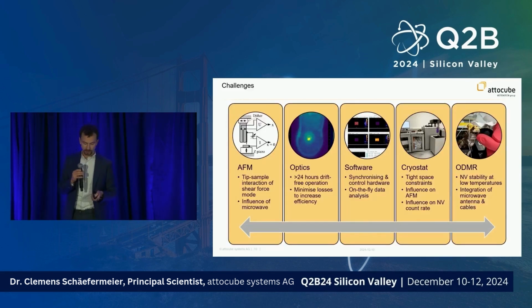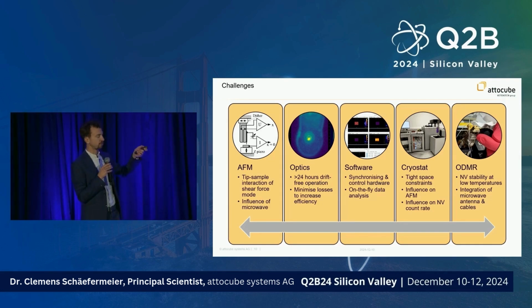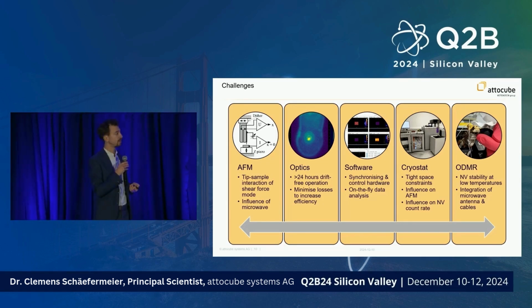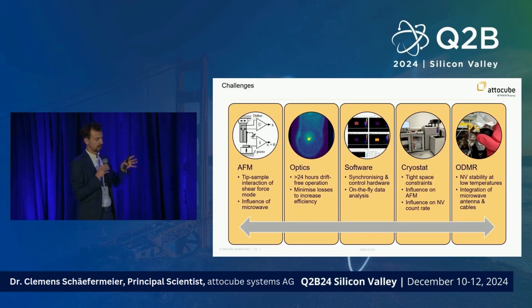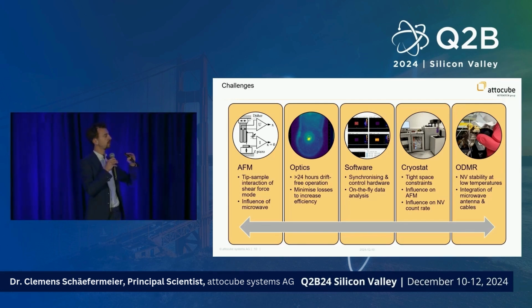Now, you might ask, well, we saw this proof of principle in 2008, so it's more than one decade old, and we think it's rather obvious that there are applications for it. So why did it take so long? The reason why it took so long is because of the complexity of it. We have at least 5 topics to address, which is the atomic force microscopy. So we're talking about the interaction between the diamond tip and the sample.